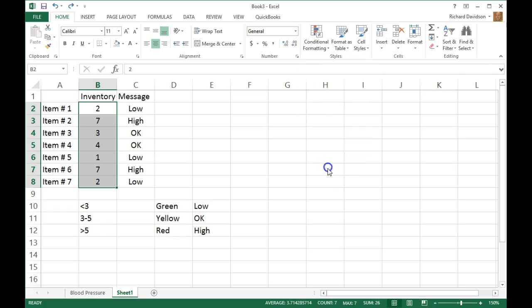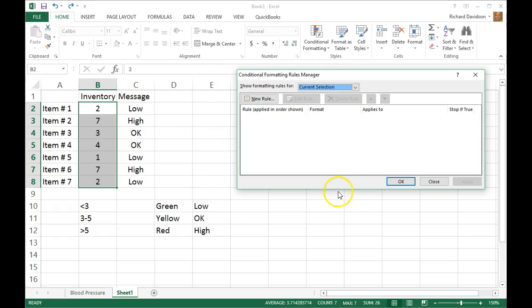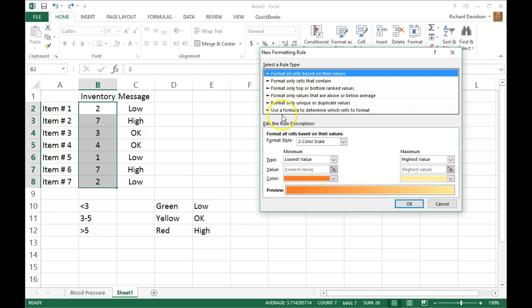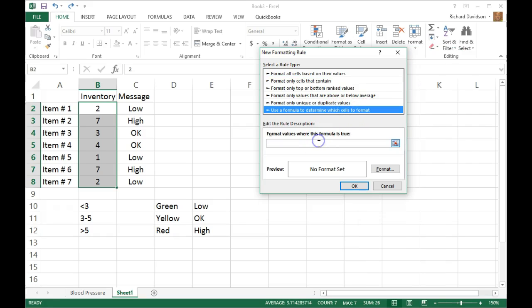So I like to go to manage rules, and start with this control, and I have a new rule here, an edit rule. When I'm done with this new rule, it's going to come back to this screen and I can click new rule again. It's a little faster, I believe, than clicking conditional formatting every time. So let's do a new rule, and this time we're going to use what's called use a formula to determine which cells to format. And we know that formulas require us to start with an equal sign or a plus,